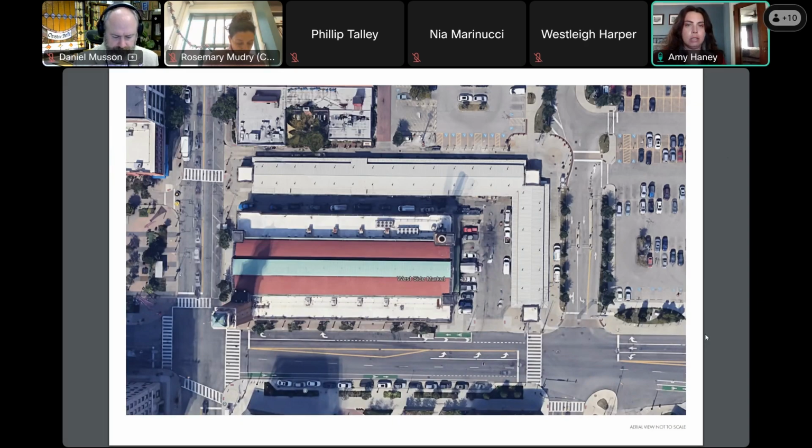The parking lot to the east as well is serving the West Side Market. We are not proposing any changes to the east parking lot or the sidewalks to the north or the east of the arcades. You can go to the next slide.